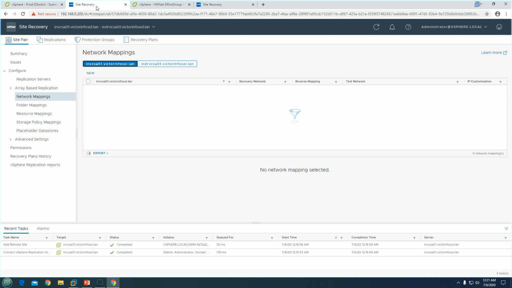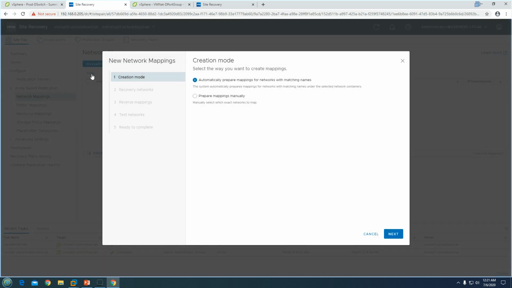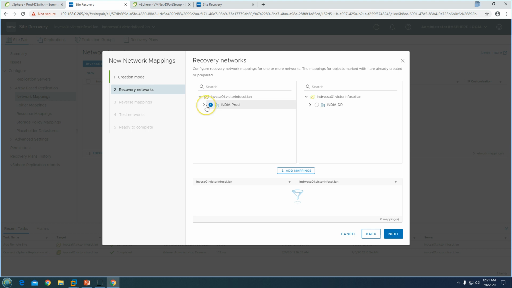What I need to make sure of here is to click on new and automatically pair the mapping for the network with names. If you want to map it manually, definitely you can, but I'm going to match with the name. So click next, and if I expand my production side and my distributed switch, you will see the same identical names and everything on DR also.